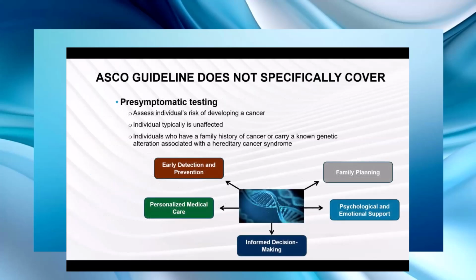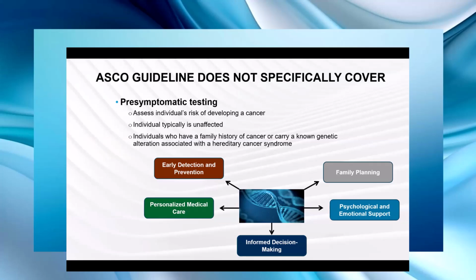So another key aspect of cancer genetic testing is pre-symptomatic testing, which the ASCO guideline did not specifically address. One of the primary benefits of pre-symptomatic genetic testing is the potential to detect an increased cancer risk before any symptoms or signs of cancer occur, right? So knowing that they are at high risk allows individuals and their healthcare providers to tailor proactive screening and prevention strategies and even treatment plans according to their specific risk profiles. This is what we call personalized